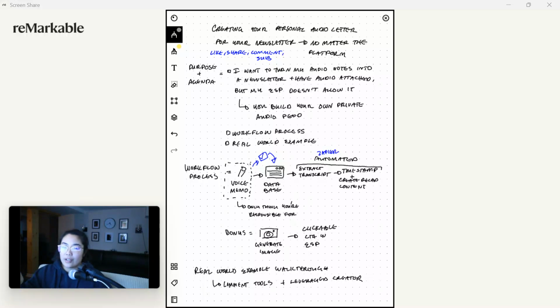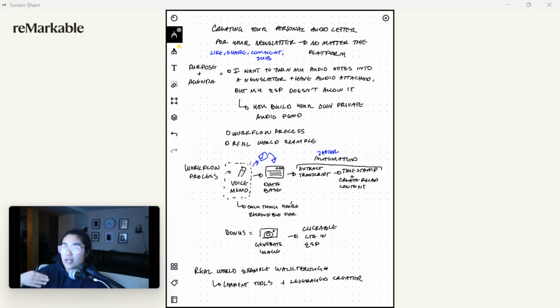So I want to show you how to create your own personal audio letter, even if you don't have a podcast, if you don't have a platform that has audio letters. I know Beehive has audio letters as an example, but you just want to create an alternative way for people to communicate with you beyond just email. Maybe you want to send it via email, but maybe you want to actually speak to them audio-wise.